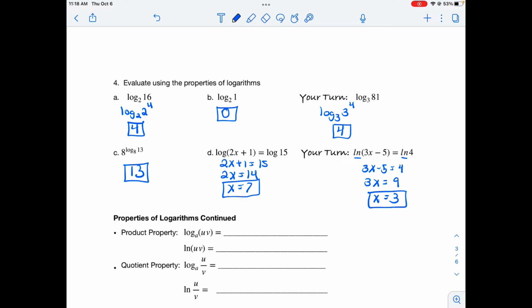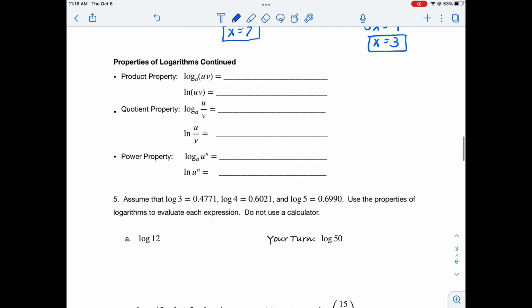Okay, now remember I said there were a lot of properties of logarithms. Now we're going to continue to learn the properties. Our product property says if I have log base a of u times v, so a function times another function, that is equal to log base a of the first function plus log base a of the second function. This is how we expand out the logarithms. This applies to our natural log as well as our common log notation. I chose to use the natural log notation,